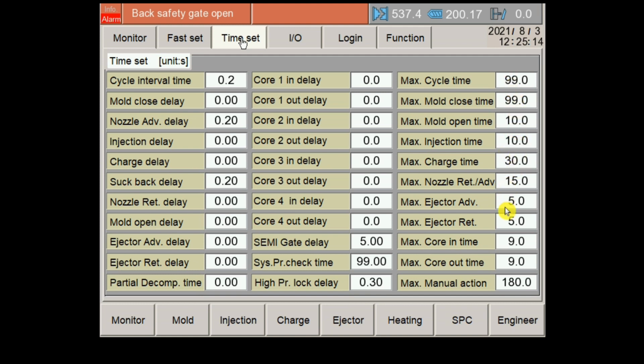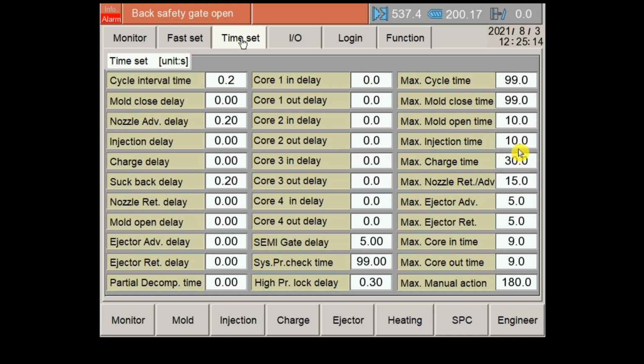Here, guys, we give a maximum time so that if somehow our time exceeds by 2, 3, 4 seconds, it should not affect the production. For example, here my injection is completing in 3 seconds as I know.